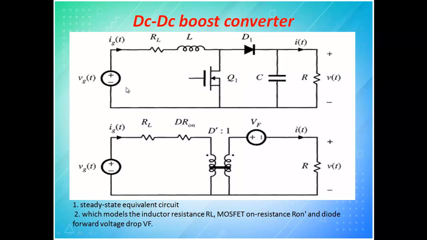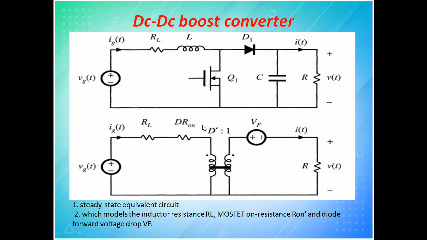I repeat, at one time you have to store energy in this L. At that time you do not have to discuss anything with respect to the load. Then turn on the switch, turn off the switch. Now this supply plus this stored energy will be transferred to the capacitor as twice the voltage. Capacitors are not a source, they will only discharge at a very fast rate. So this discharge is occurring very fast, so you have to charge this again at a very fast rate. That is why we are operating at very high speed. When you operate at high speed, you call it CCM, continuous conduction mode. So now this is the converter circuit.